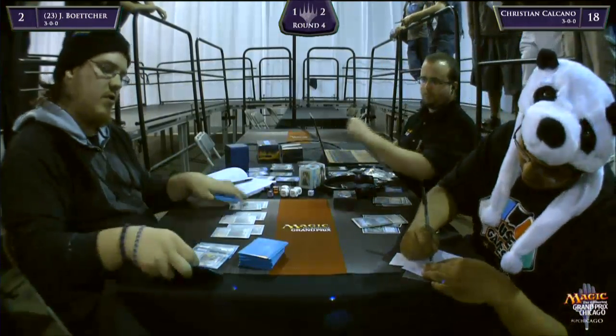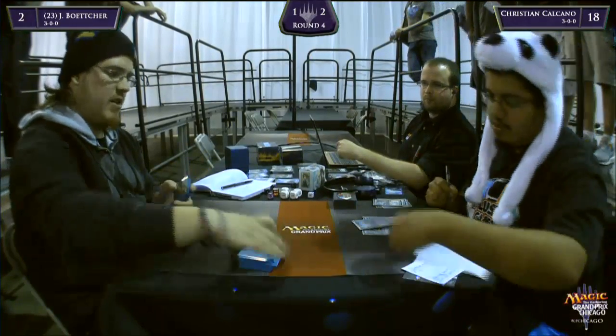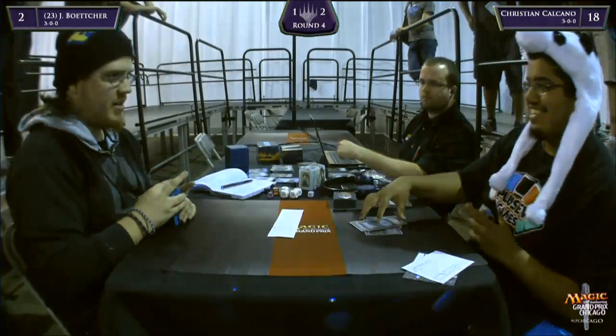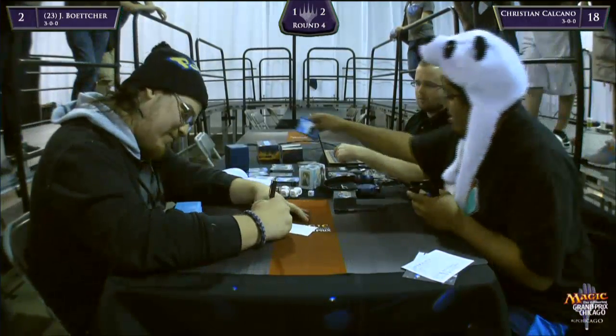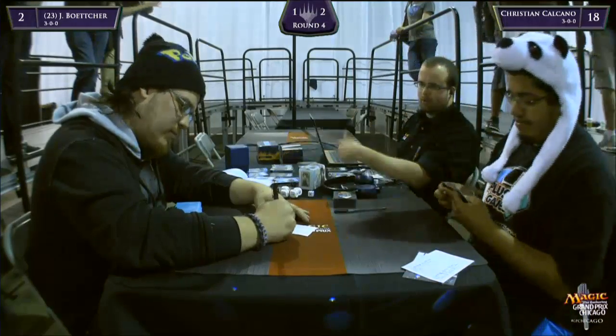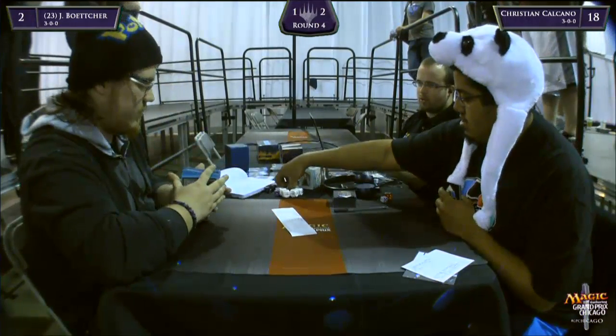And that's going to do it. Christian Calcano is our winner here in round 4 from Chicago. On this, his quest first for one Platinum. Yeah, he's on a quest. He needs this. Yeah. He's found a vein. Yeah. And he's mining it. Yeah. So he's got a few more